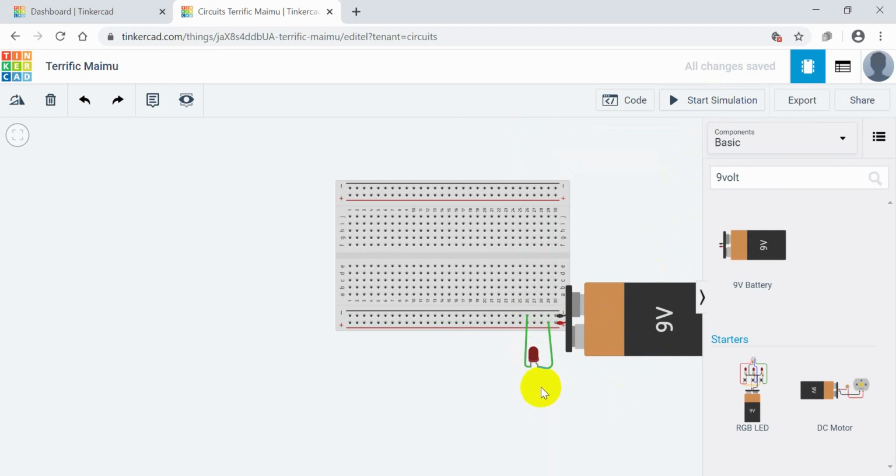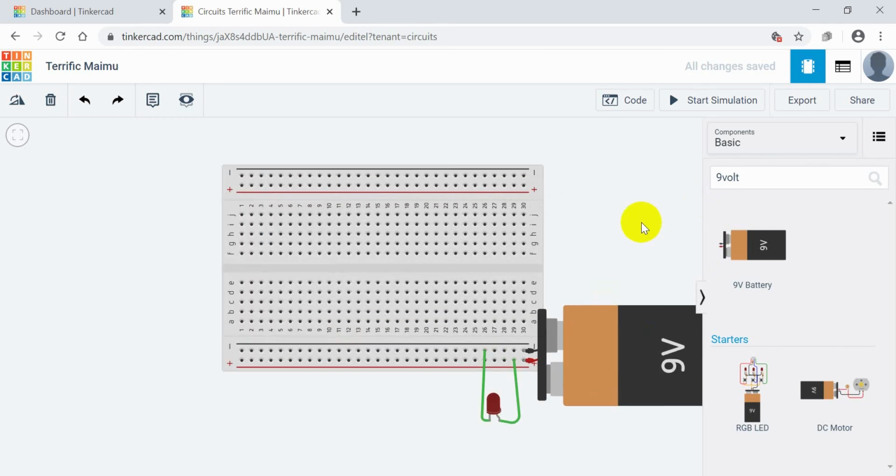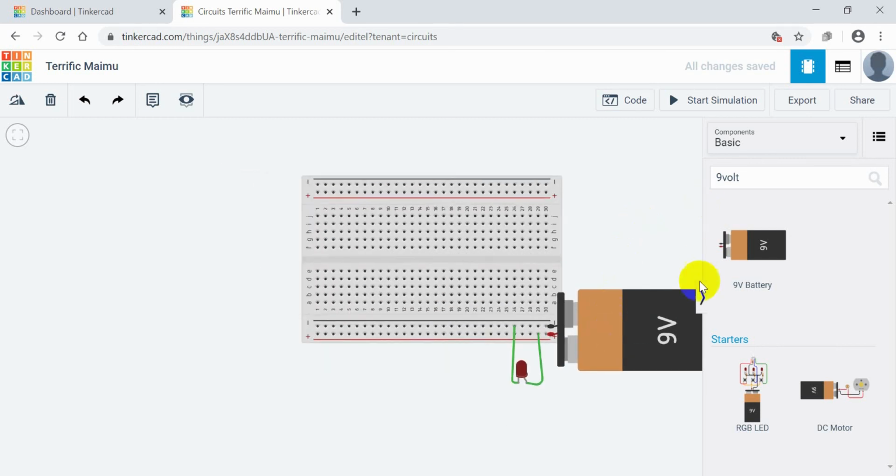Here, the LED is connected across the 9 volts without any current limiting safety resistor. Then check what happens in the simulation. Start simulation. Check here, this LED is damaged because of heavy current. In this, there is no current limiting safety resistor. So stop simulation, and next we are going to place the current limiting safety resistor in this.